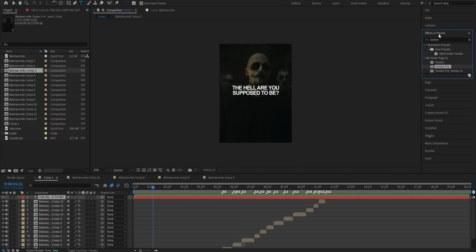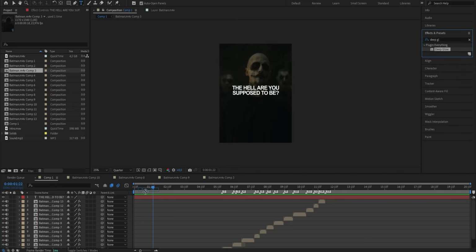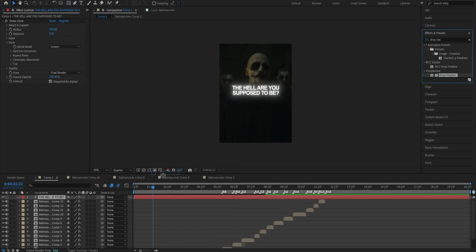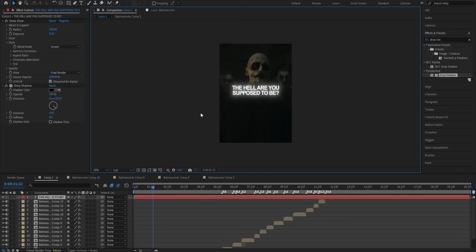Now, because the blank text just looks boring, doesn't have a lot to it, we're going to add some extra effects to make it stand out. So go ahead under your effects and presets panel and search for deep glow. Drag it onto your clip, put the radius from 500 down to 300 and the exposure from 1 to 0.2. Next, search for drop shadow, drag it onto the layer, put the opacity to 100, distance to 10 and softness to 8. As you can see, the text already looks a lot better,